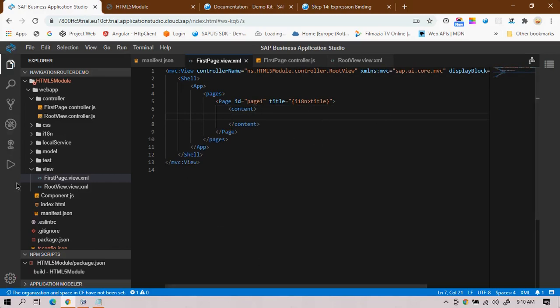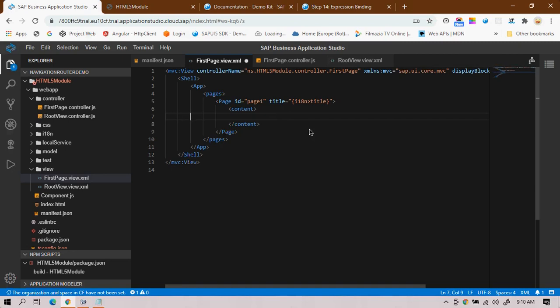So there is a controller name, right? We have copied this code from the root view, because the root view's controller is root view. But in our case, for the first page, our controller is what? The first page. So I'll change it to first page. That's it.